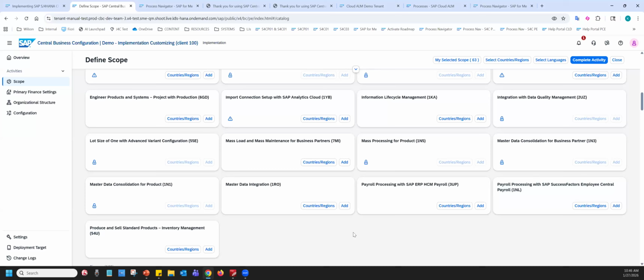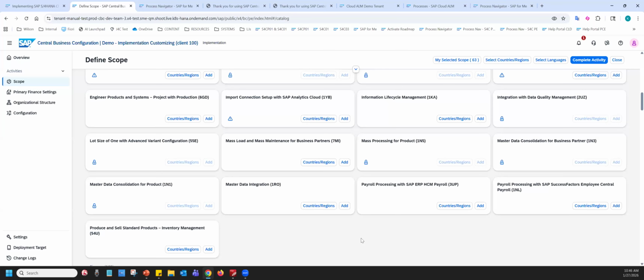That is probably because they are integration based and they just don't exist yet. So over time, we have slowly seen more and more integration-based business processes available in CBC that you can activate. Like this one didn't used to be here, and it's recently become available to activate. For those processes that simply don't exist in CBC because they're not available to be activated through this scoping app,